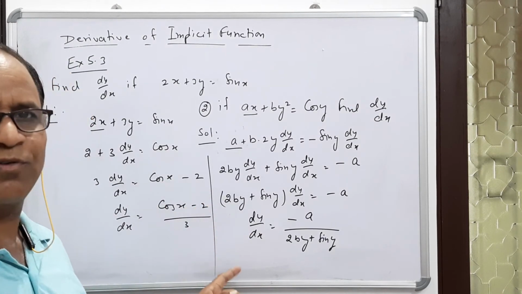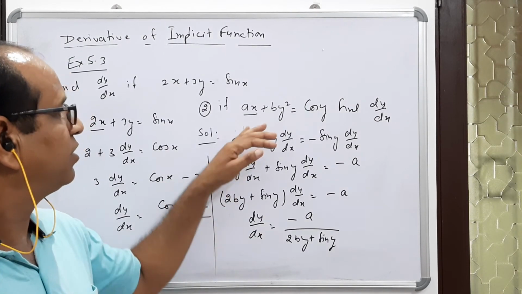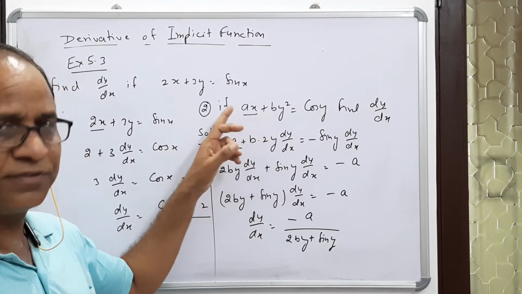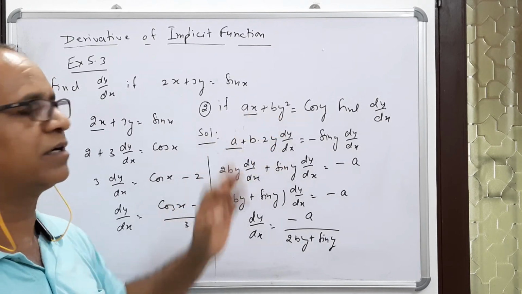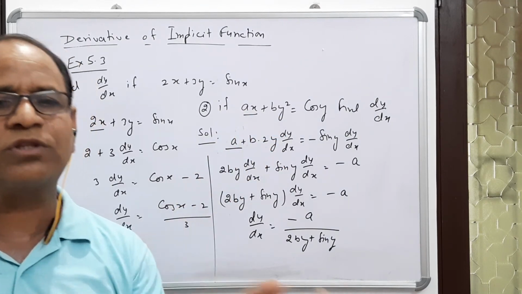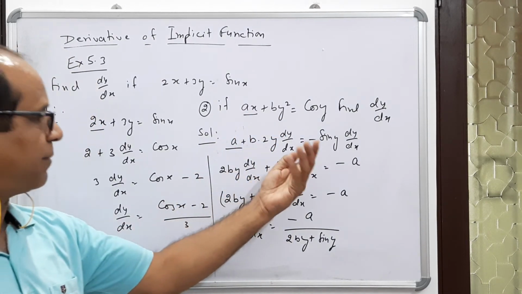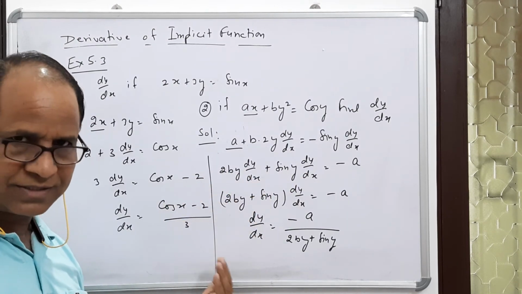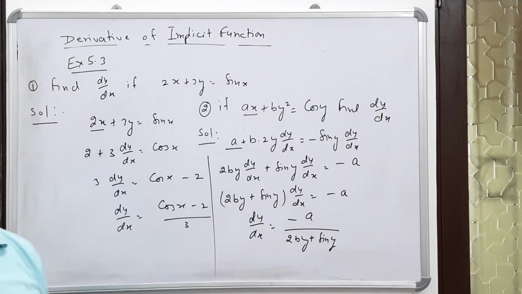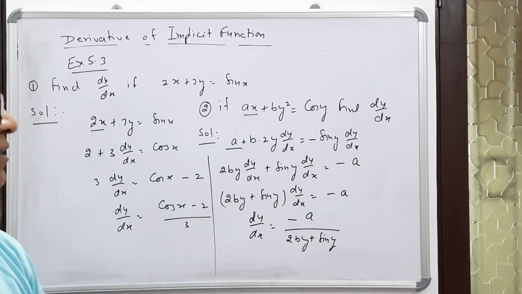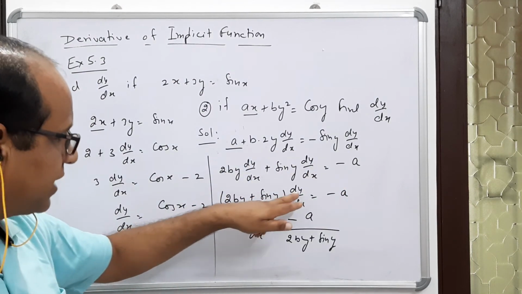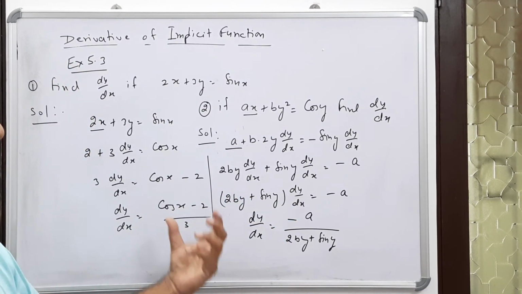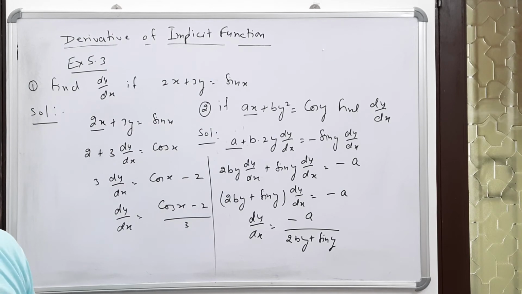So in this type of function, it is important that we find the derivative of the function in terms of x and in terms of y. We do both together, and then we separate, we filter it, and we write all the terms having dy by dx this side and all the terms which are not having dy by dx at the right hand side, and then we take dy by dx common and then we divide it. So in this way we find the derivative of implicit function.